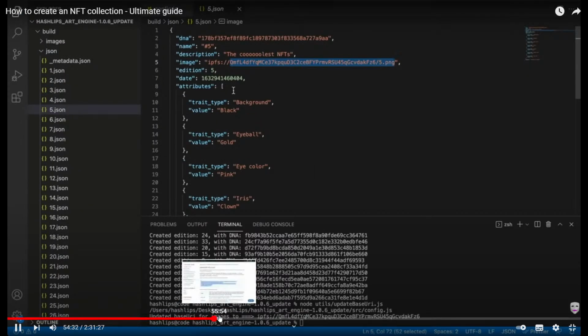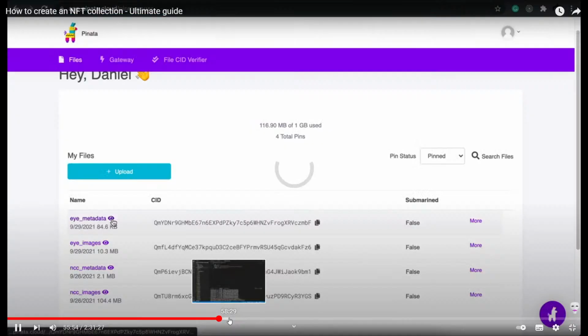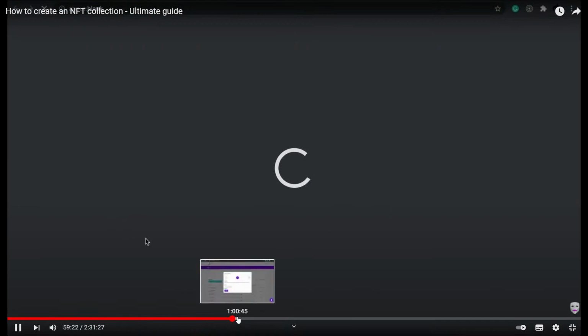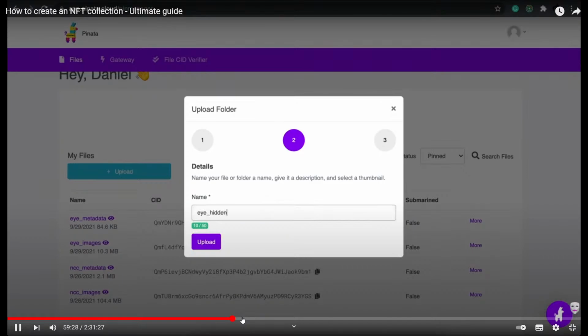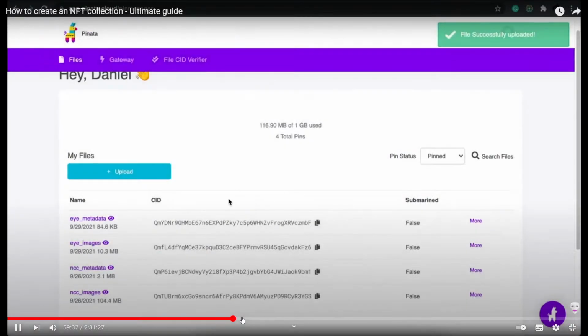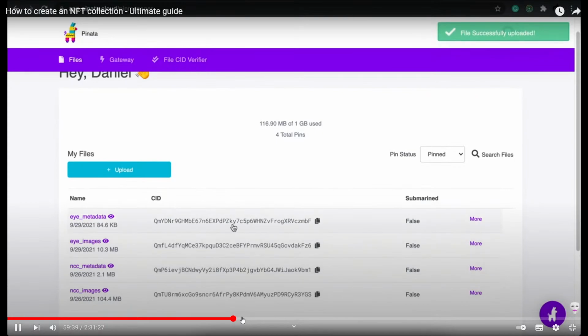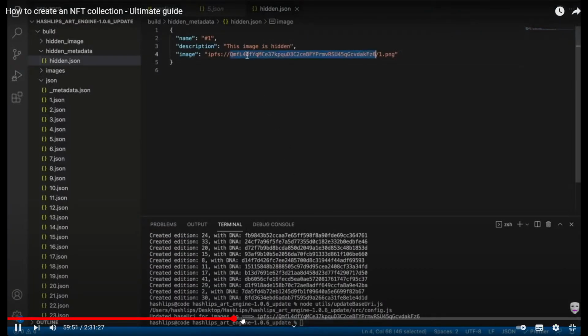To the /5 because it's now pointing to number 5. So we can verify that the JSON files have been created, and one JSON file will represent one. Upload, and this time I'm going to say I underscore hidden underscore image. Okay. Going to upload it like that. And then once this is uploaded, once this has refreshed, I'll be able to copy that CID. Make sure it's the hidden image that you've uploaded, CID. So then I can go back and populate this. But this time I need to say